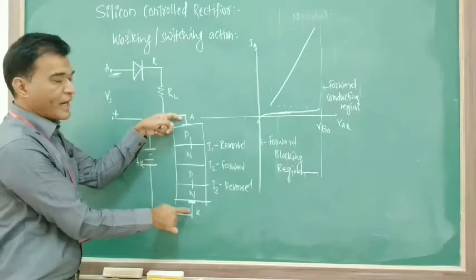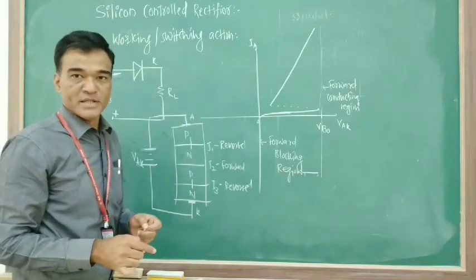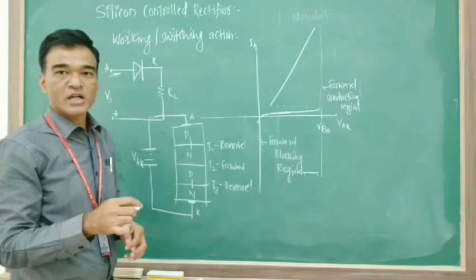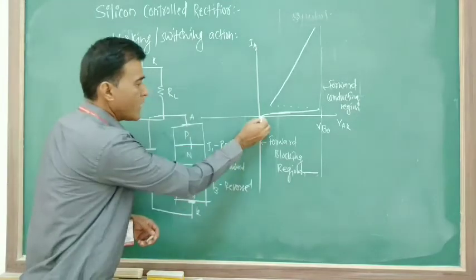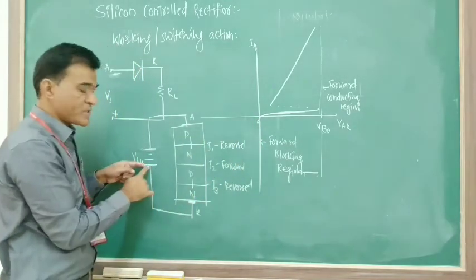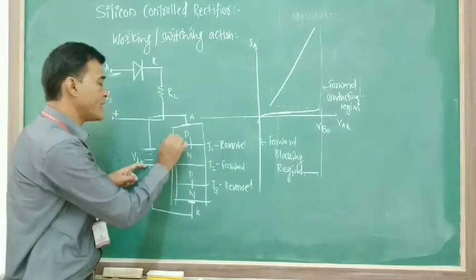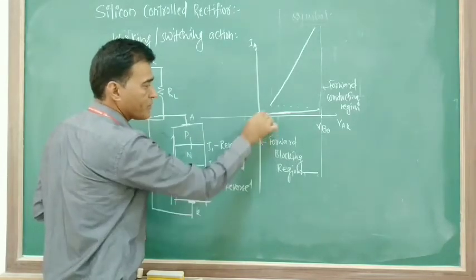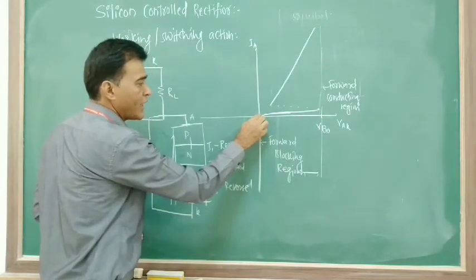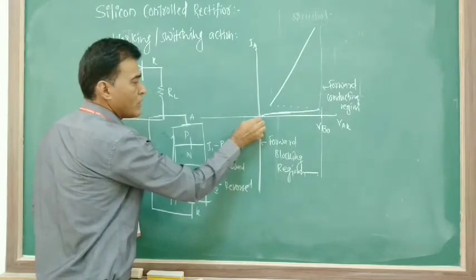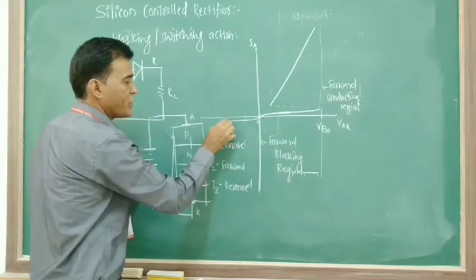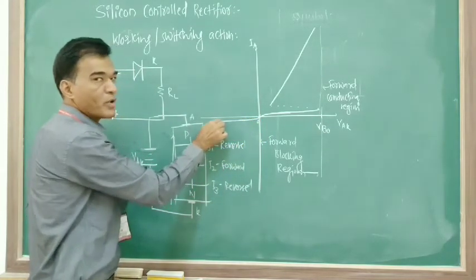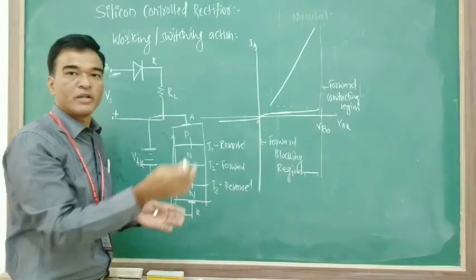Now in between anode and cathode there are two junctions which are reverse biased, and we know that in the reverse bias condition only a small current flows through the junction, in the opposite direction, because now positive is connected to the cathode, hence the current moves from cathode to anode, which is the reverse current. So the current becomes negative, and that is why it is below the horizontal line. This is the leakage current flowing through the thyristor. If I go on increasing this negative voltage, this current remains constant, because leakage current is independent of the terminal voltages.